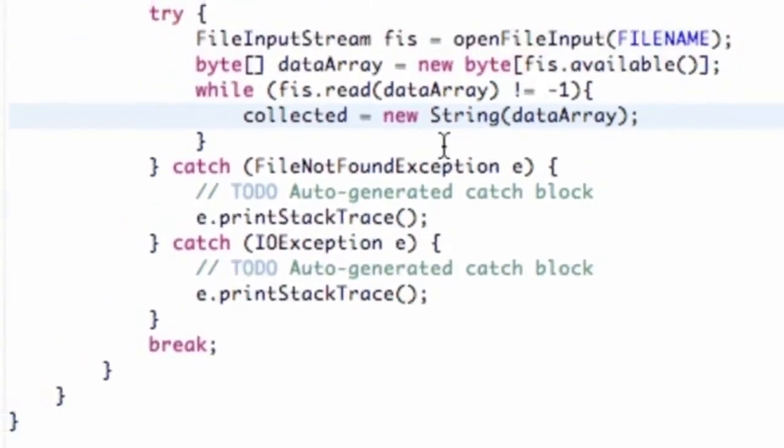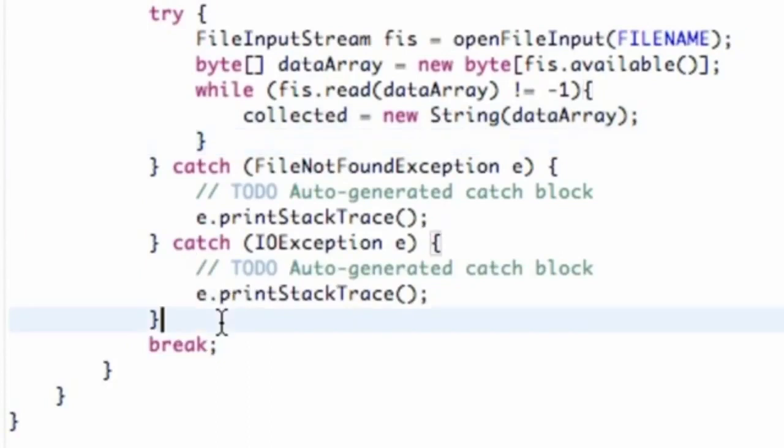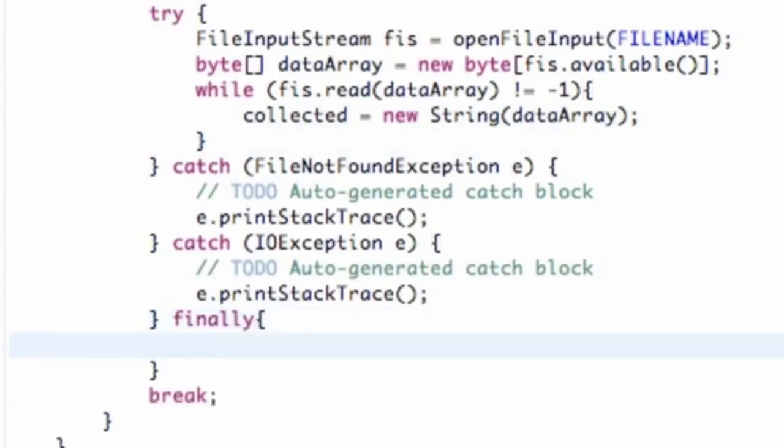And then all we have to do is close our file input stream. We can either say close right here, or to get familiar again with the try, catch, and finally, we can also say finally, referring to after everything's done. We kind of did this with our splash activity, I believe. So we're just going to say finally file input stream dot close,